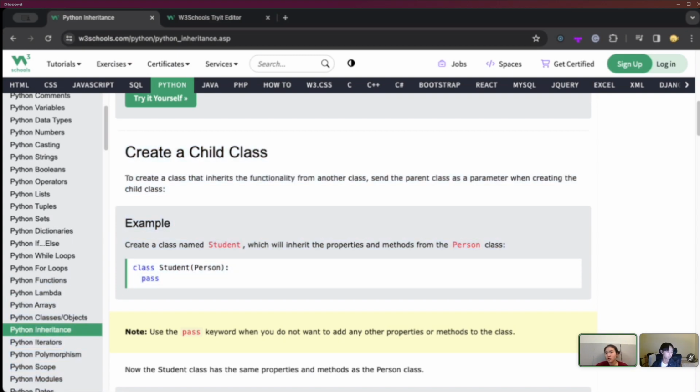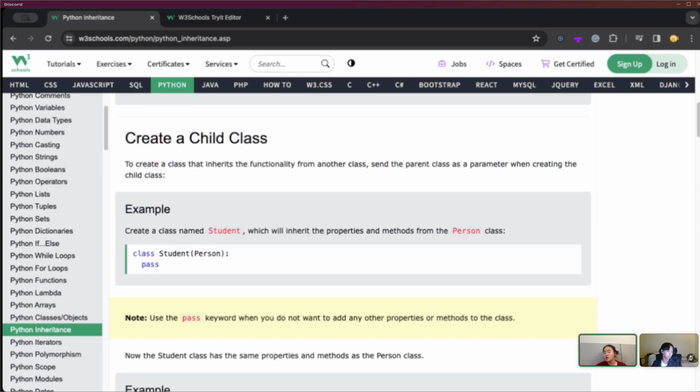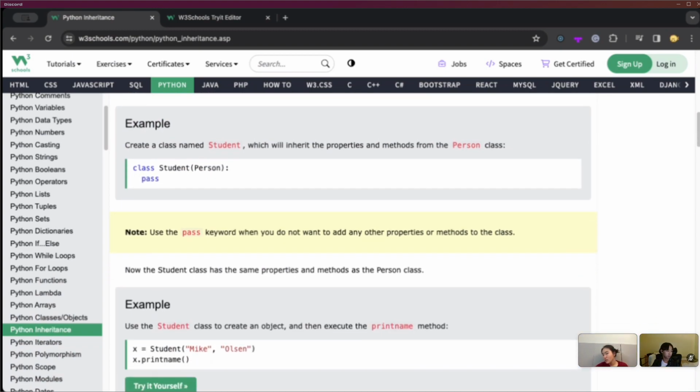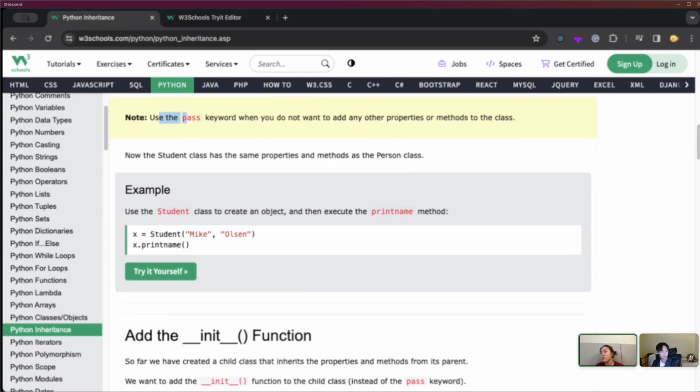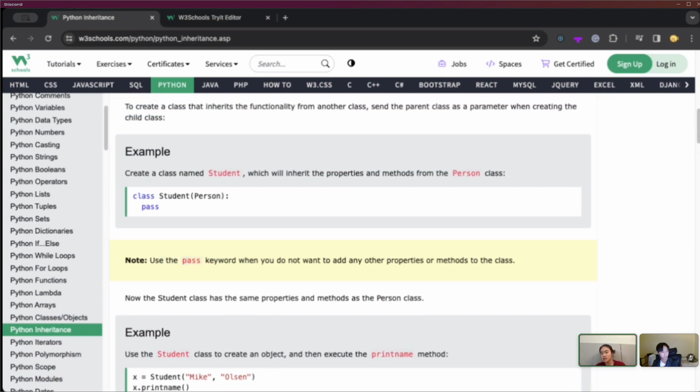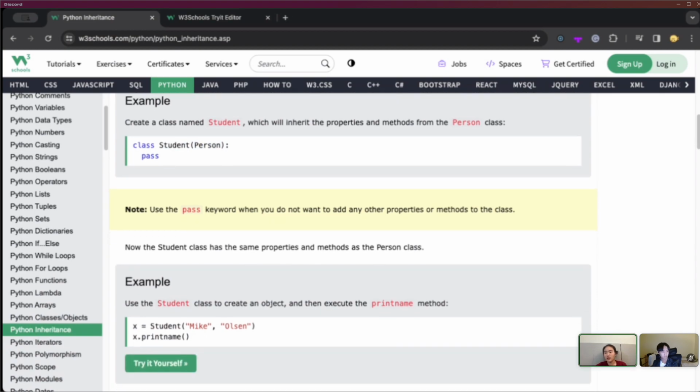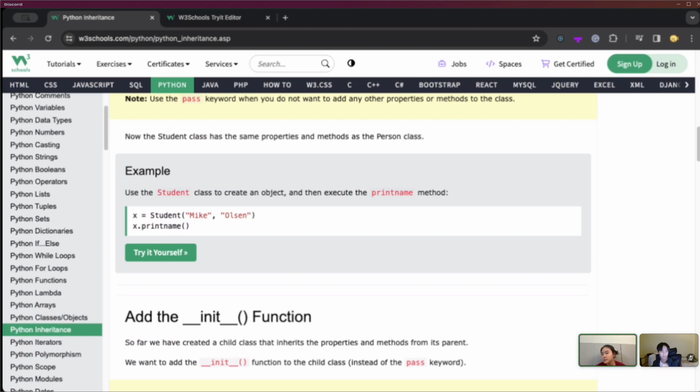So it's important to know the difference between a child class and a parent class. Use the pass keyword when you don't want to add any other properties or methods to the class, what we just went over. Now the Student class has the same properties and methods as the Person class. So if we do Student and then Person inside, then the Student class inherits basically everything from the Person class, which is the parent class, and it's just gonna have the same thing. Okay,